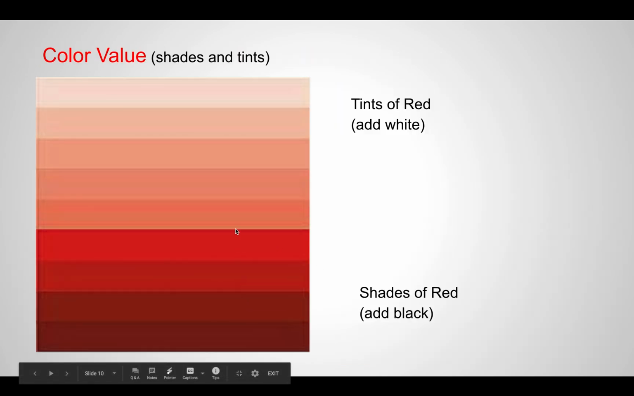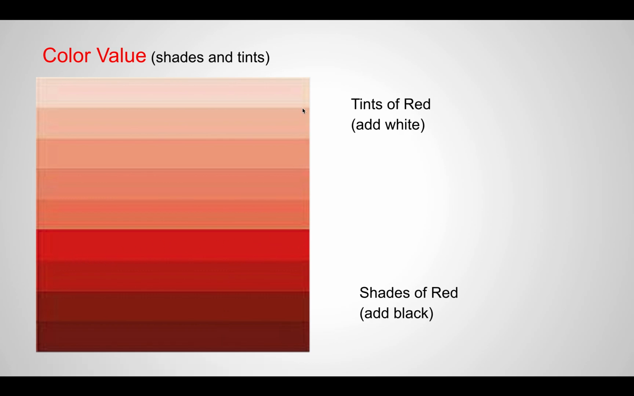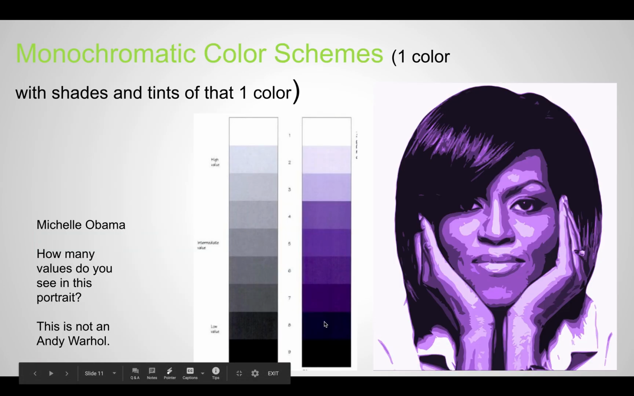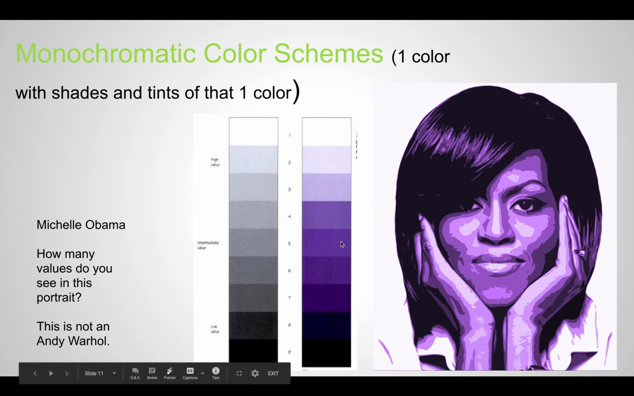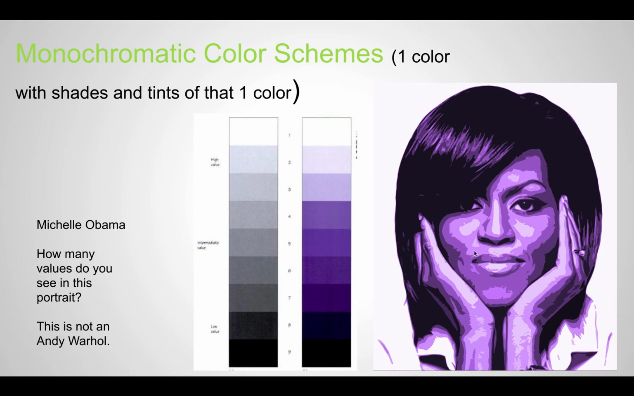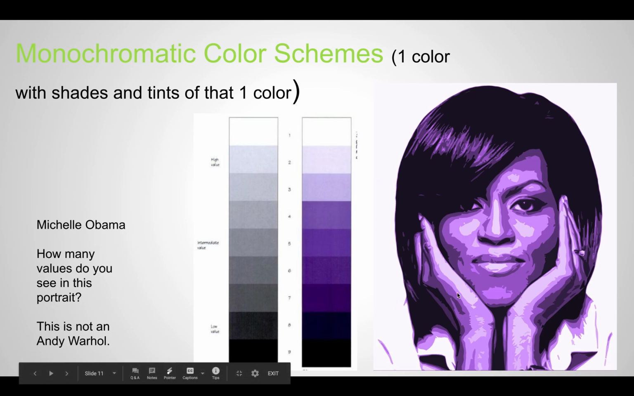If you want to make a monochromatic color scheme, which means one color, mono means one, and tints of that color, add white, or shades of that color, add black. So here's an example of a portrait of Michelle Obama that is monochromatic, and we have the color purple, which is a secondary color. Tints of that create the highlights on her face, and